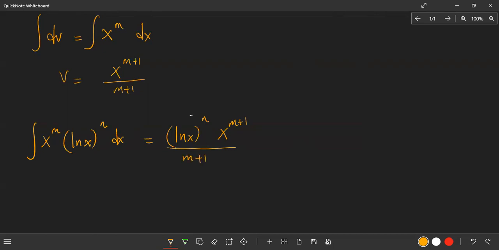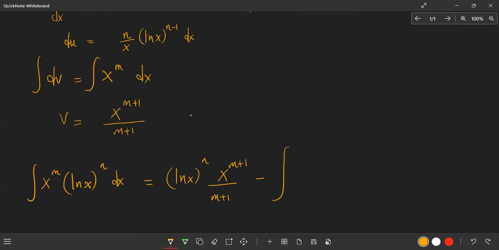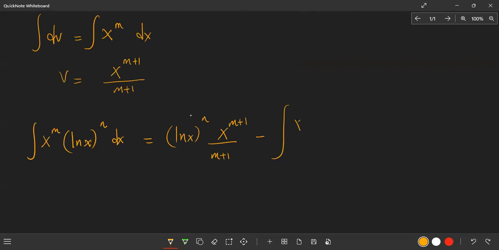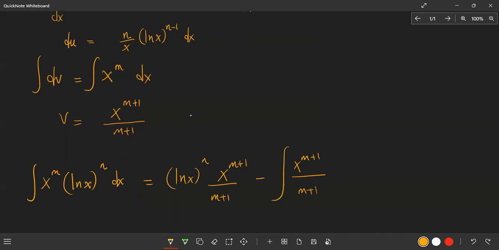Why m plus 1? Because this v is the power plus 1, right? That's x to the m plus 1 over m plus 1. Okay, and then minus the integral. And then here inside the integral, what do you write? We need v du. So our v times du. Our v is x to the m plus 1 over m plus 1, and then our du, what is our du? Our du, we found as n over x, times natural log of x raised to power n minus 1